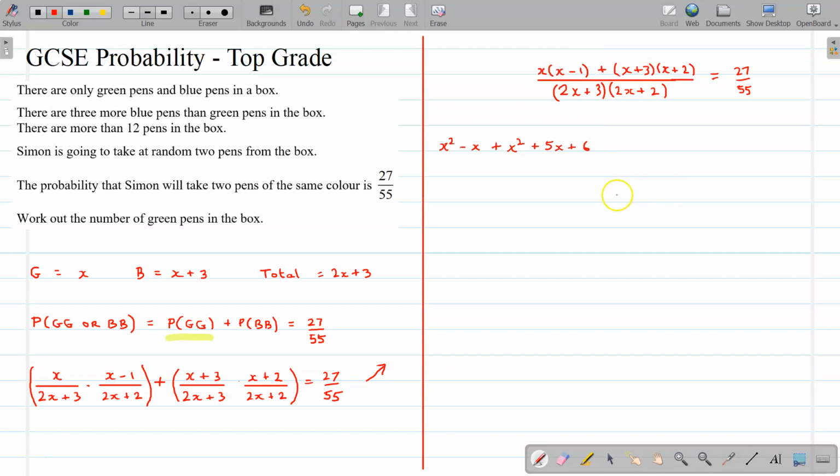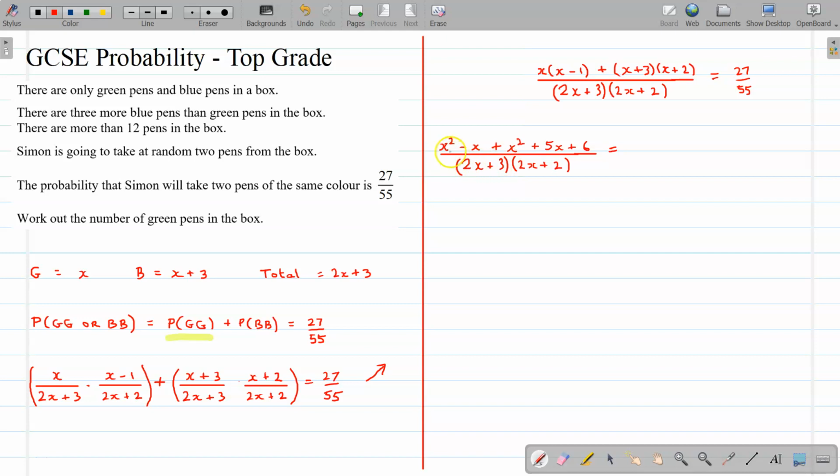Okay, and all of that is over the same denominator that we've got here. So if I just copy that whole thing again, save me writing it down, if I take the line as well, that's it. Make a copy of that, and that goes under there. Okay, right, so that is then equal to,